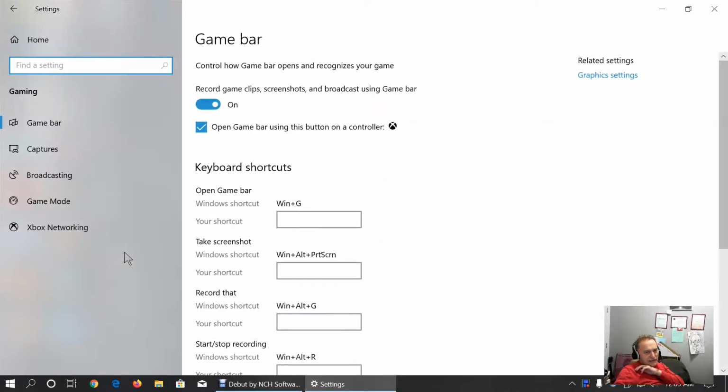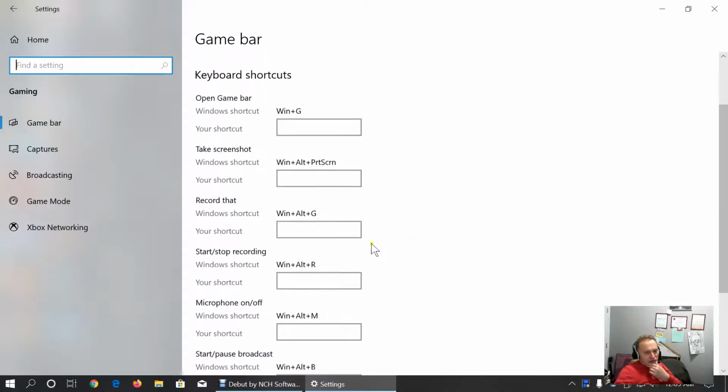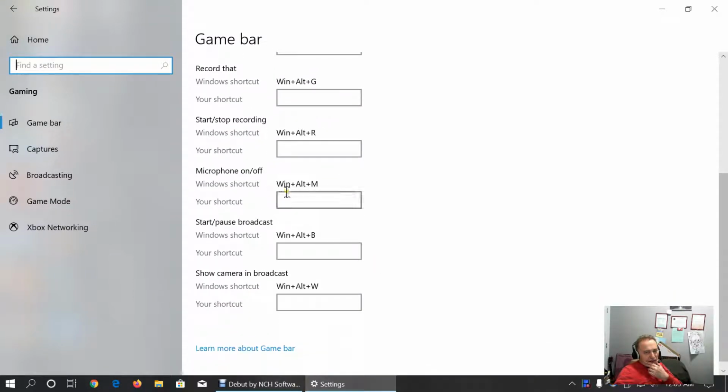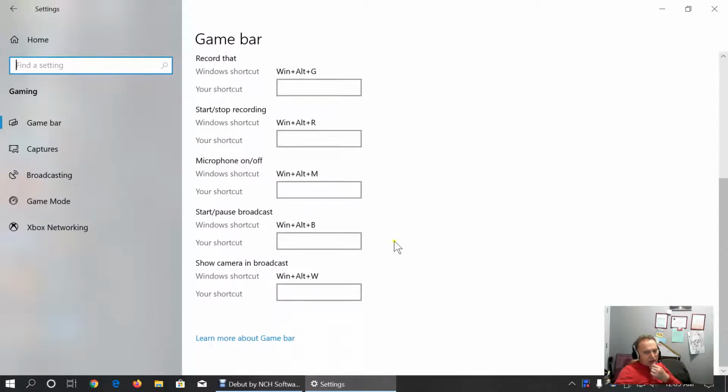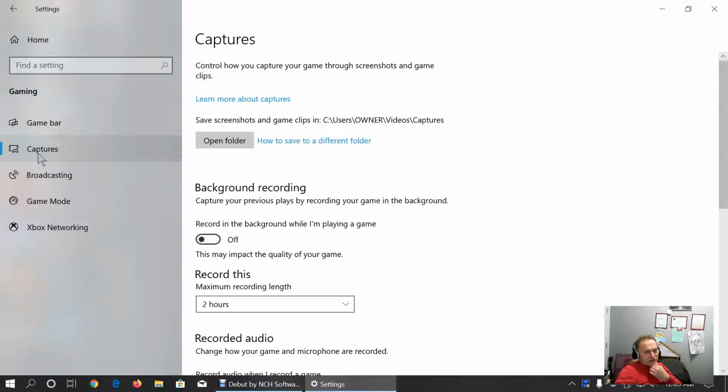So under gaming, we have game bar configuration. Here we can customize keyboard shortcuts to open game bar, take a screenshot, record, start or stop recording, keep the microphone on or off, start or pause broadcast, or show camera and broadcast. And here we can also customize capture, where to save captures,